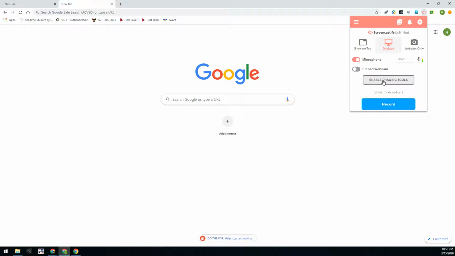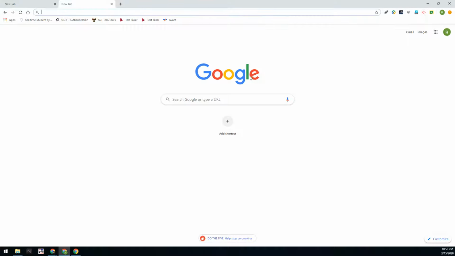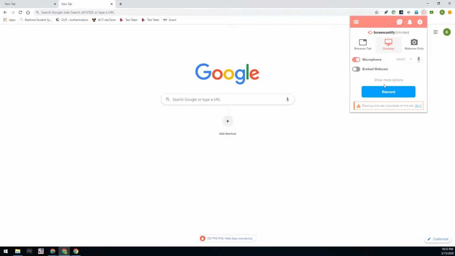And I am going to enable the drawing tool. So Screencastify has requested additional permissions to read. So I'm going to go ahead and allow. And now